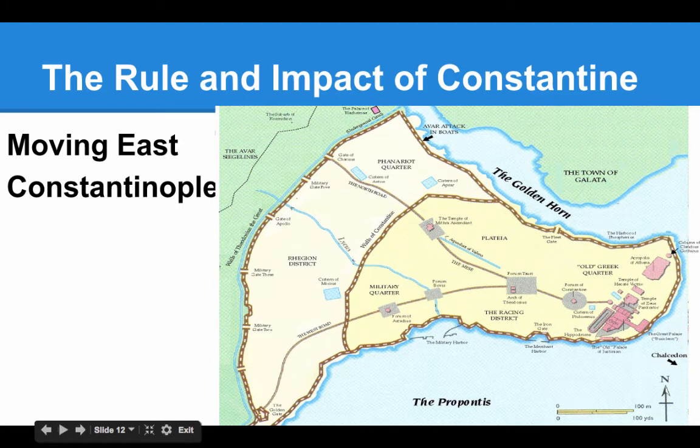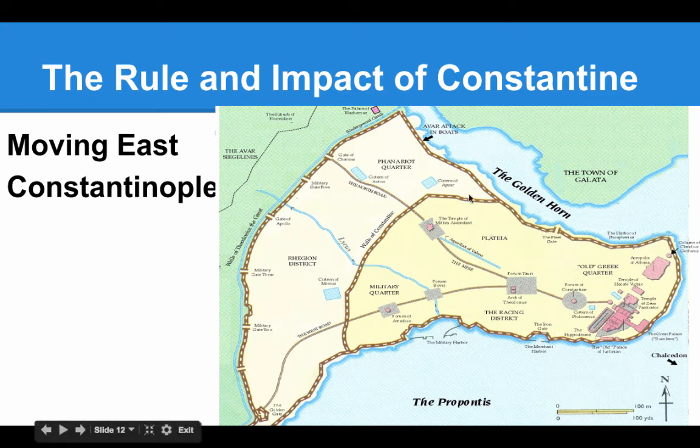Now, of course, you have this idea, well, okay, so isn't Constantine a Roman emperor? He is, but he's going to set up everything moving to eventually becoming the Byzantine Empire. The key thing that he does is he also realizes that the Western Empire, Rome, Spain, Gaul, by this point doesn't have a whole heck of a lot left, and is actually well out of the major trade routes in the world. So he is going to move the empire east, and he's going to focus on building the great city of Constantinople, because what kind of general and emperor are you if you can't name a city after yourself? The city was called Byzantium, but he's going to change that.